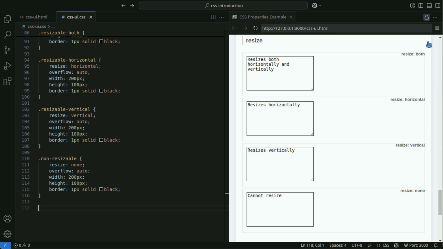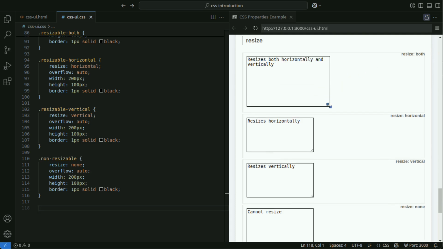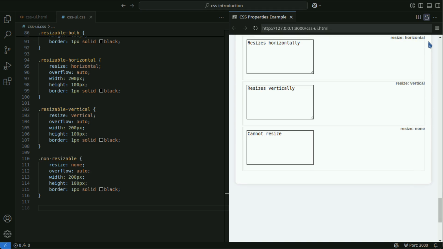Specifying both allows the element to be resized in both vertical and horizontal directions. Specifying horizontal allows the element to be resized only in the horizontal direction, width.